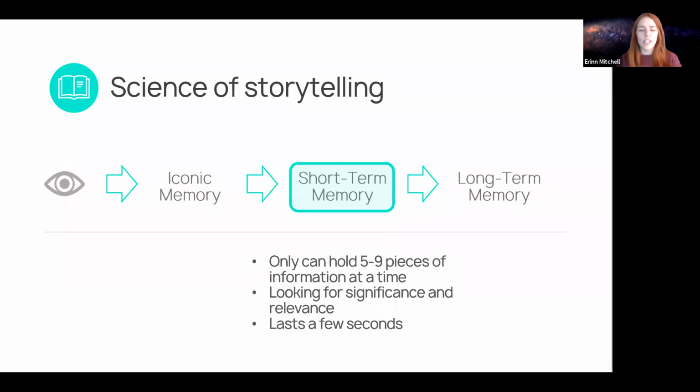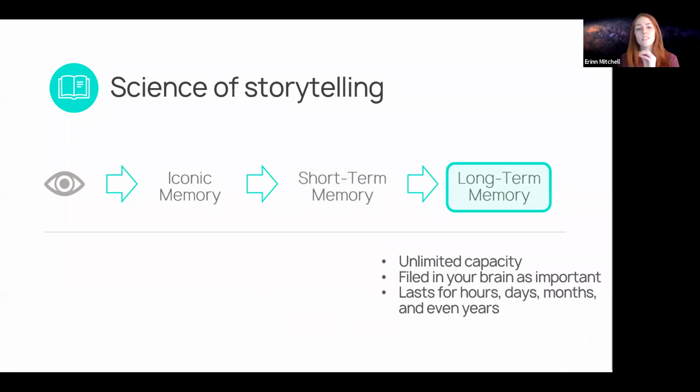A research study, for example, tested people. They had them listen to a series of 20 names, and on average, they could only hold about 7 names at the end of that 20. So short-term, you have a limited amount of information you can retain, and your brain is looking for significance and relevance. It lasts only a few seconds, and then it passes some of that information into long-term